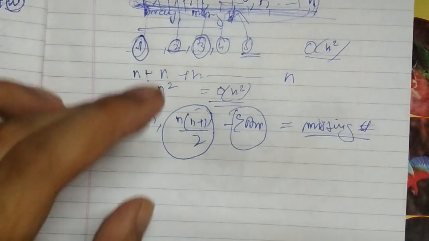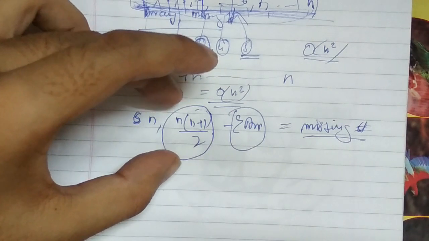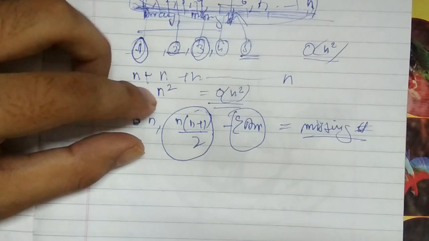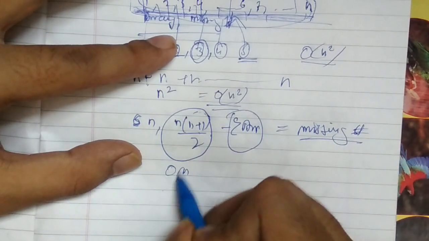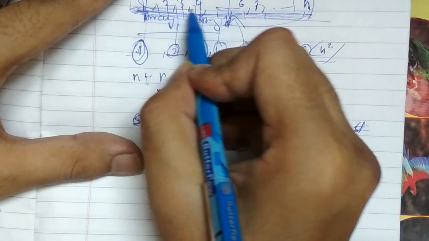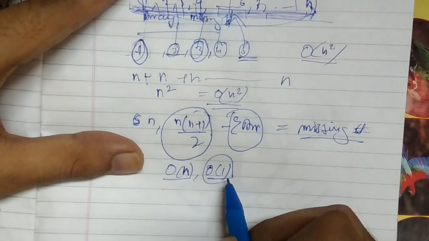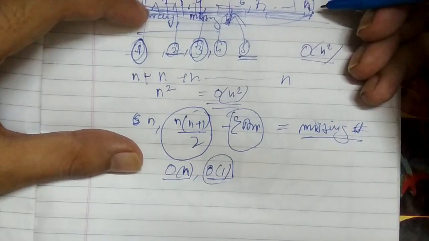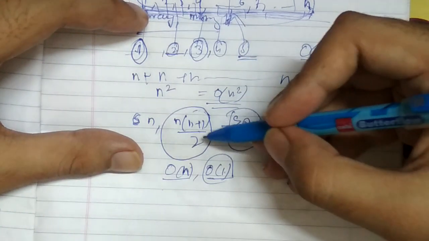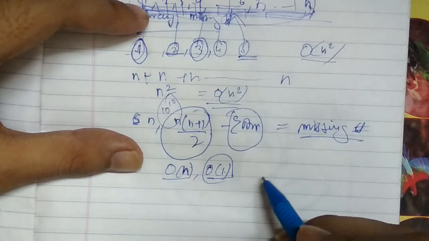Now when you get an approach for how you will solve the question, think about the pros and cons of the approach. What are the positives in it, what are the negatives in it? The positive part is it can be done in O(n) time and O(1) space. O(n) time because we will be moving through this array once and it will take n time for that. O(1) space because the space is constant. But if this n is very, very big, suppose n is 10 to the power 10, then there will be an overflow.